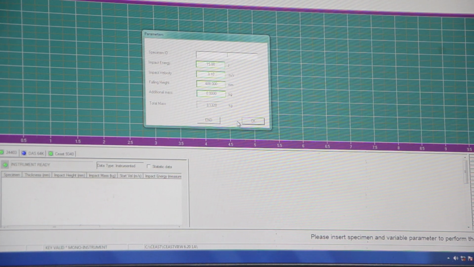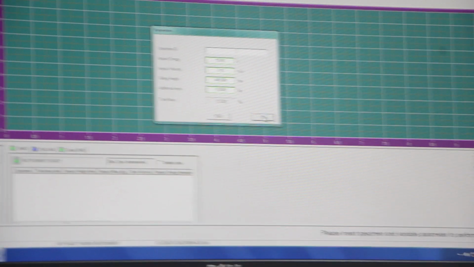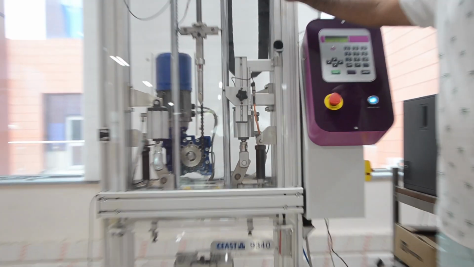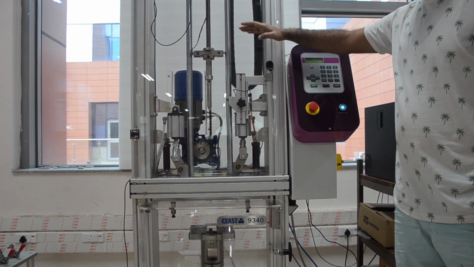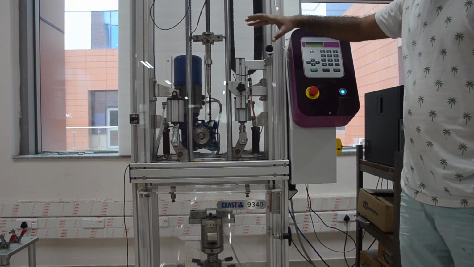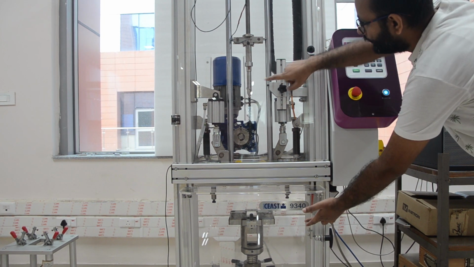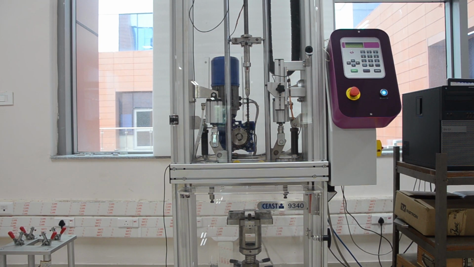I am just pressing OK, and you can see this machine will start to move from its home position to the position where the gap between the specimen and the tub is 488.